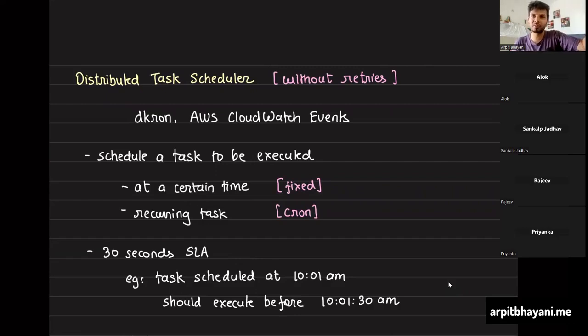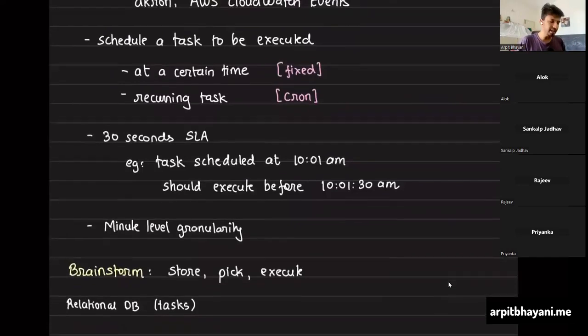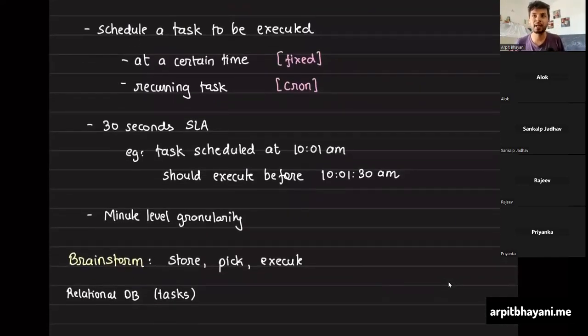Obviously, the machines on which this would be executing have all the libraries and dependencies that you want. But the job of the system is to ensure that any task that is scheduled starts executing within 30 seconds. That's the SLA that we're maintaining. You cannot guarantee completion of a task. Why? Because if my task runs for 1 hour, you cannot guarantee completion within 30 seconds, right?